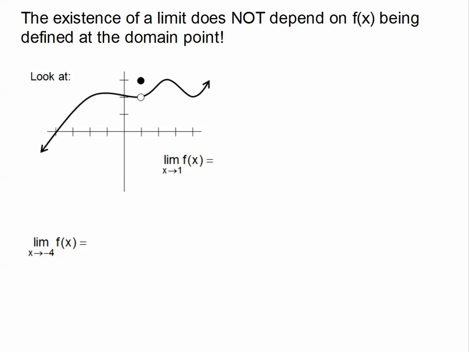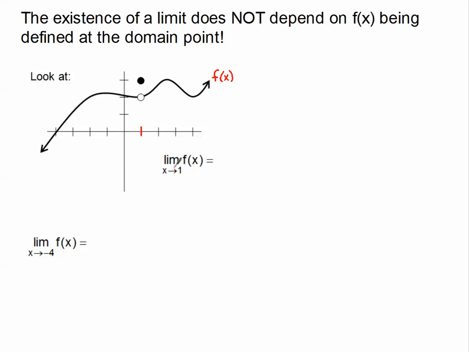And this is an important page right here with this graph. The existence of a limit does not depend on if f of x is actually defined for that domain point. So for example, we're looking at this graph, and we'll just call this the graph of f of x so we can talk about these symbols here. And here's the graph of f of x. The main one that I'm interested in right now is, what's the limit as x approaches 1 of this function f of x? So here is when x equals 1 right here,